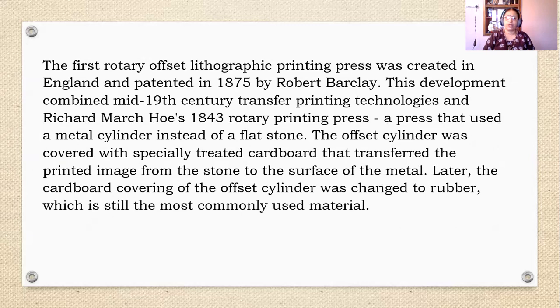The offset cylinder was covered with specially treated cardboard that transferred the printed image from the stone to the surface of the metal. Later, the cardboard covering of the offset cylinder was changed to rubber, which is still the most commonly used material.